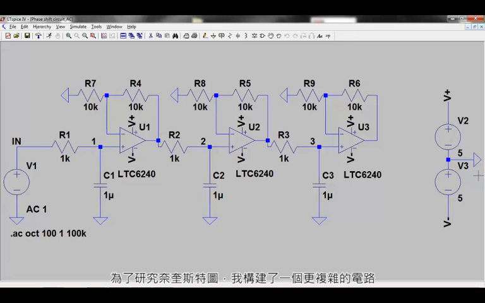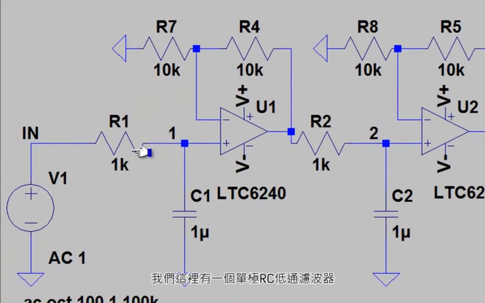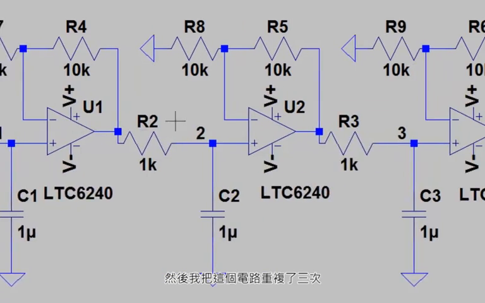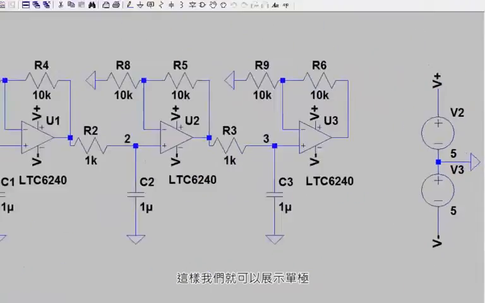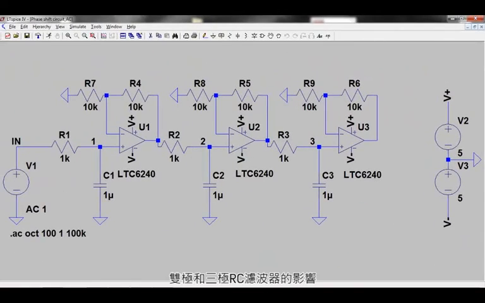To investigate Nyquist plots, I've constructed a slightly more complicated circuit. Here we have a single pole RC low-pass filter, buffered by an op-amp with a certain amount of gain. I've then repeated this circuit 3 times so that we can show the effects of a single pole, dual pole and 3-pole RC filter. Run the circuit simulation as usual